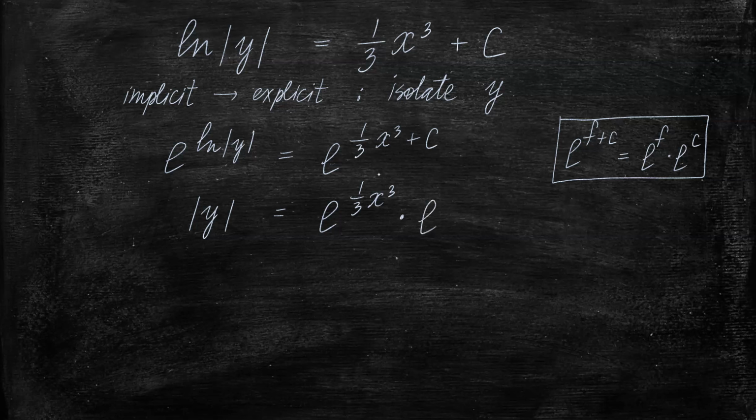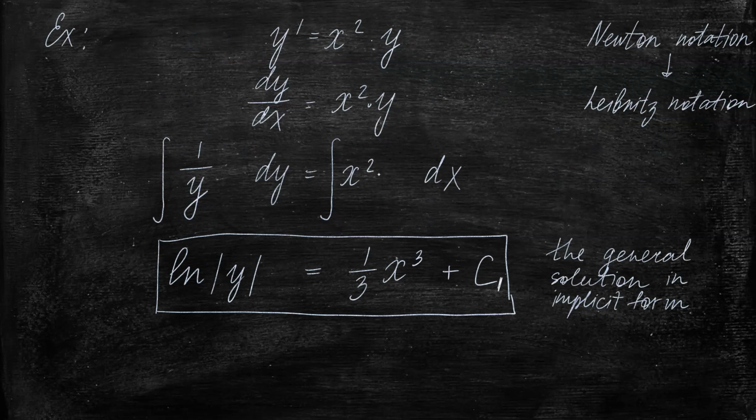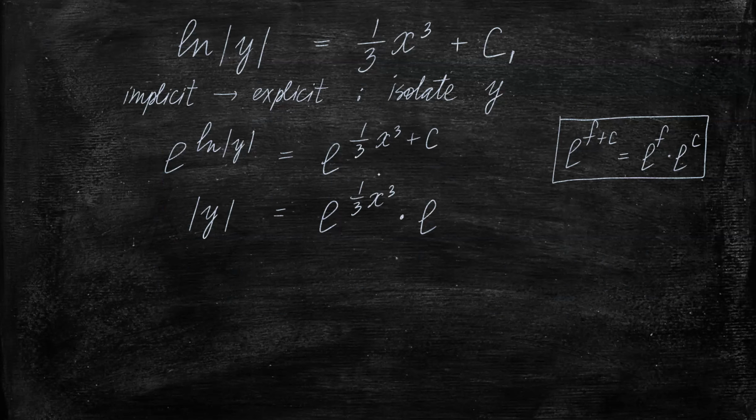And here I'm going to do the following. Because we're going to have a lot of these c's floating around, the first c that I actually have, I'm going to call it c1. So this original c right here, let's call it c1. And here I have e to the power c1. But guess what? e to the power c1 is just another constant, so why don't we just call it c2? And instead of having e to the power c1, I can just write it as c2 times e to the power